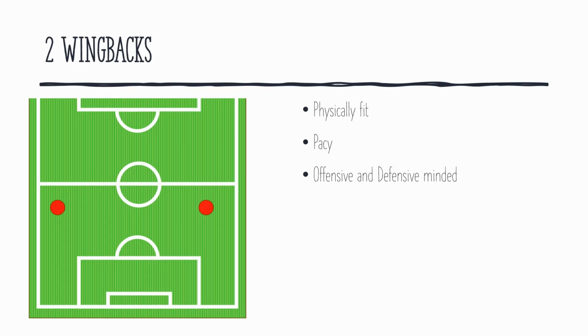Now on to the wingbacks. Critical to the success of the center backs are the wingbacks. When the center backs are in possession of the ball, they need to position themselves as outlets for passes. Even if they don't get the pass, their movement should pull opposition players out of position to allow teammates more time on the ball. Once in possession in the defensive half,